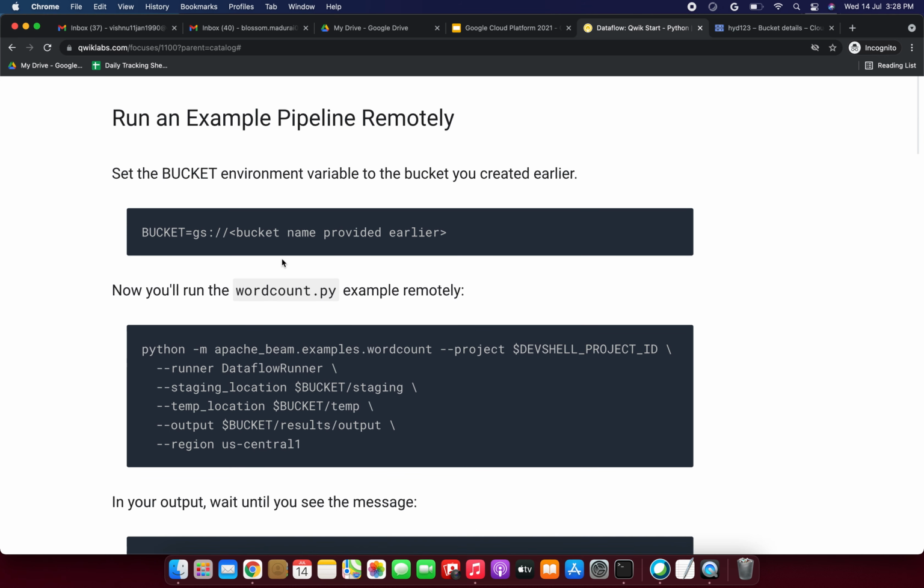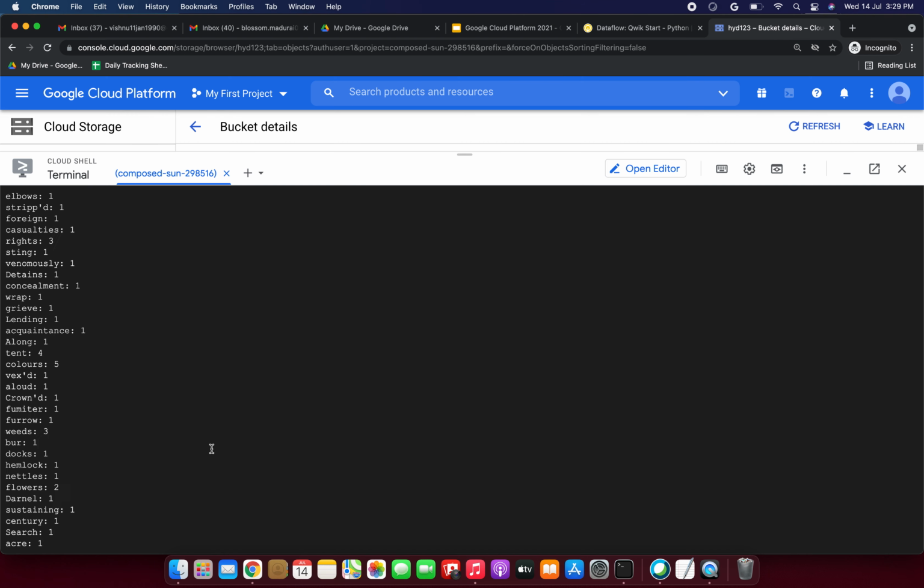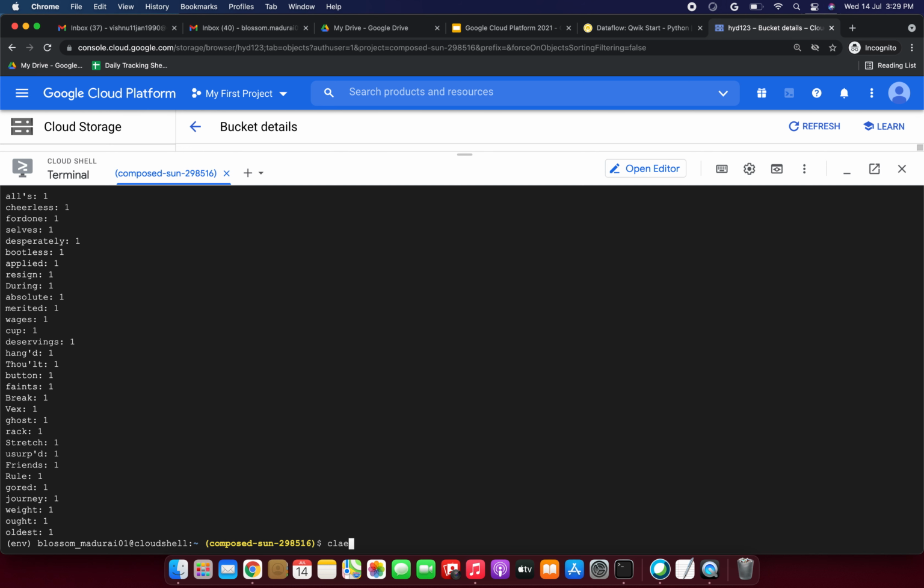Now we are going to run an example pipeline remotely. We are going to run this command. By using this command, we are going to set the bucket environment variable to the bucket which we created earlier. So now I am going to copy this command, go to the shell, and let me put clear.